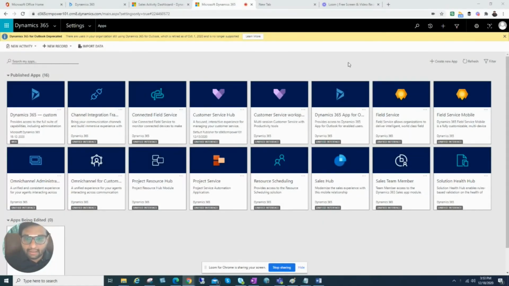Let me share my entire screen so I can show you. Once your new CRM instance is set up, by default it will redirect to this. Our URL is D365CRMPower101.crm8, which means we have created it under India, so that's why it's 8. If you create it under the US, then it may be without the number, .crm.dynamics.com. This is the pattern of Microsoft. You can see here all the apps like 365 Customer Service, Service Hub, Field Service, Omnichannel. There are so many free apps you can see right now under this tenant.